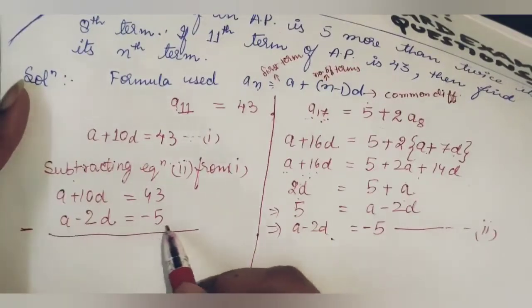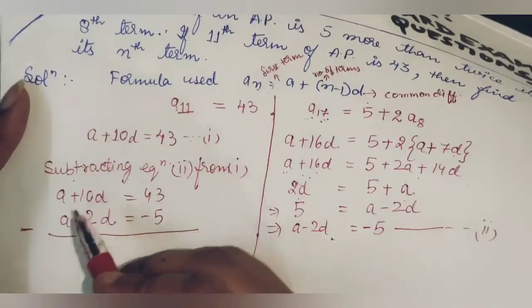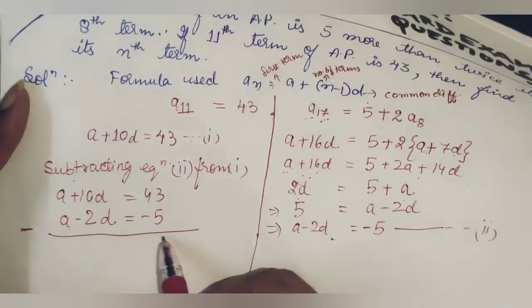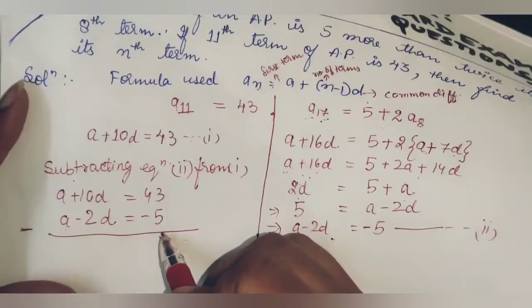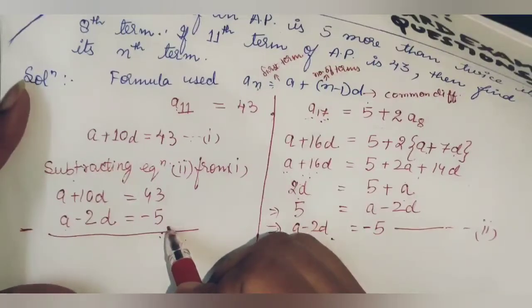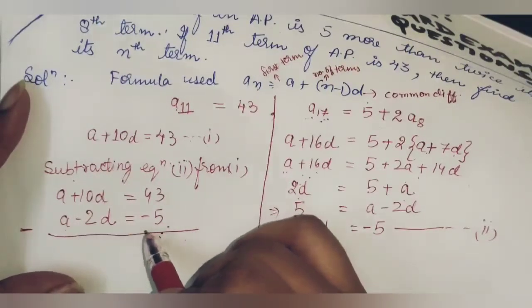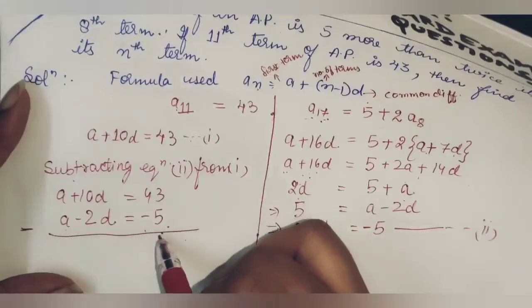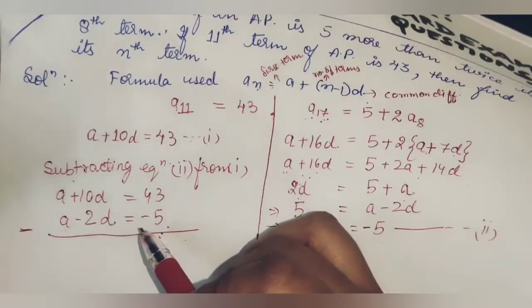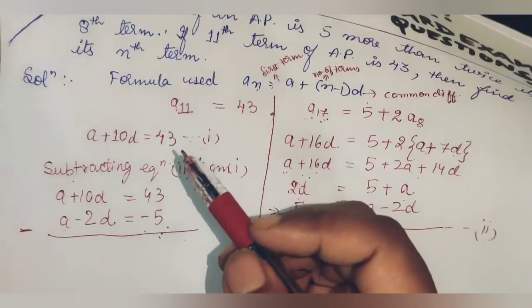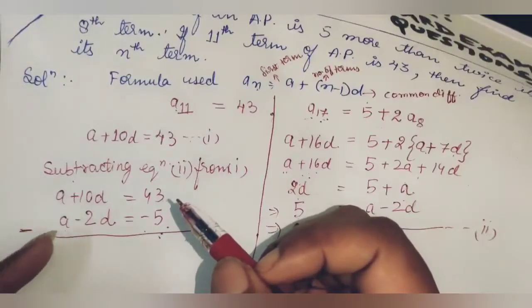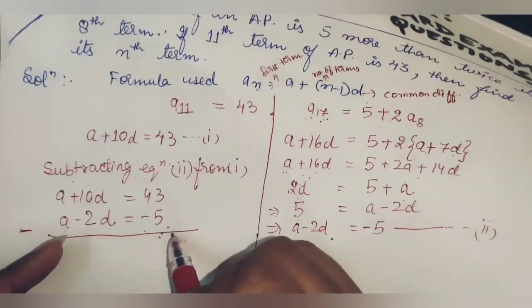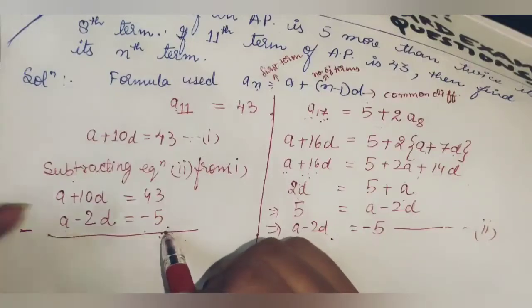Now if you subtract this equation from this, you have to change all the signs. The sign convention has already been taught in your lower classes, so I will not explain it here. I will directly change all the signs and you have to understand it automatically, or you can refer to your books also. From there you can easily get how the signs change. Here there is a minus, so the signs of all the terms will change.